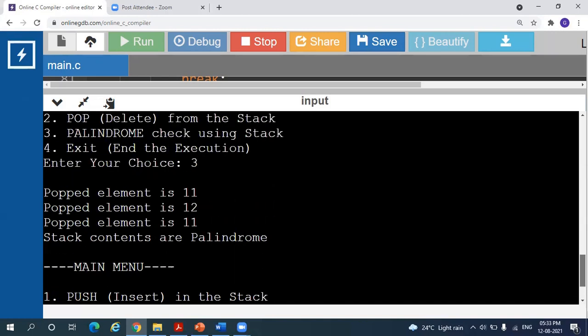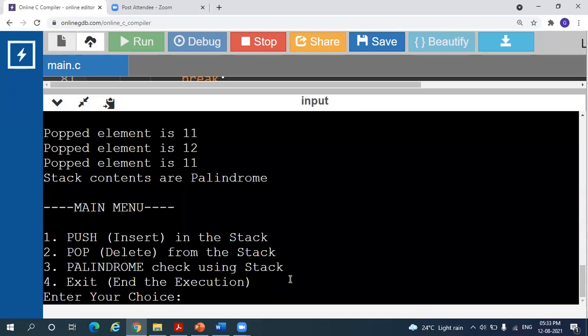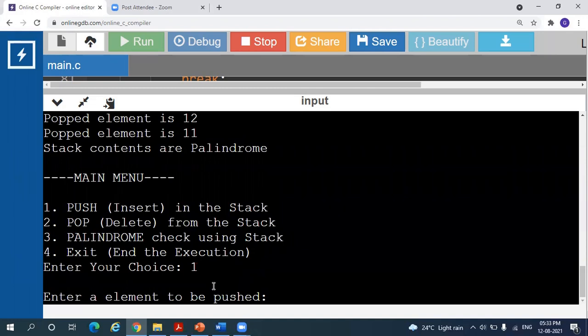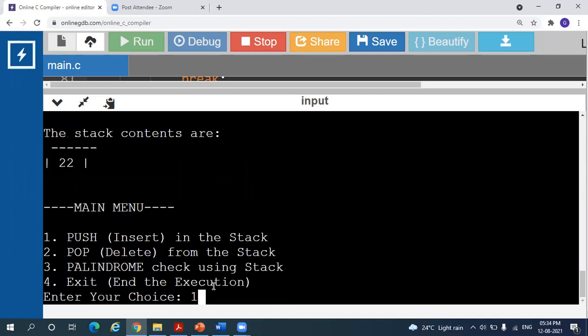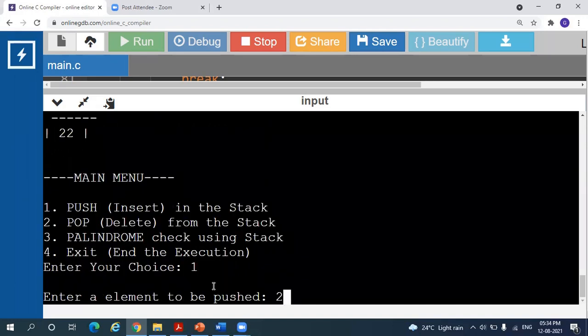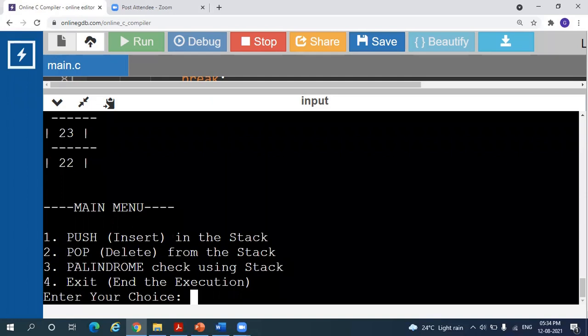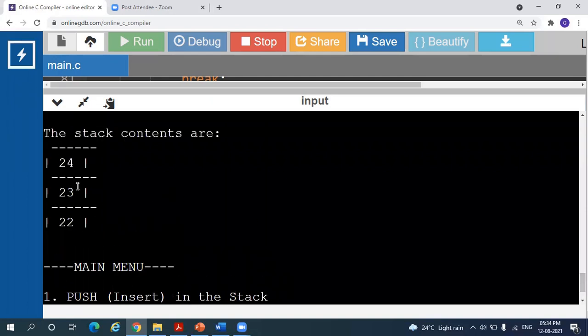Then this time we'll also see how to perform the pop operation. For that I'll insert some elements, say 22, and then 23, and then 24. So we have 3 elements here. You can see 22, 23, and 24. The element that we insert will come on the top, right?